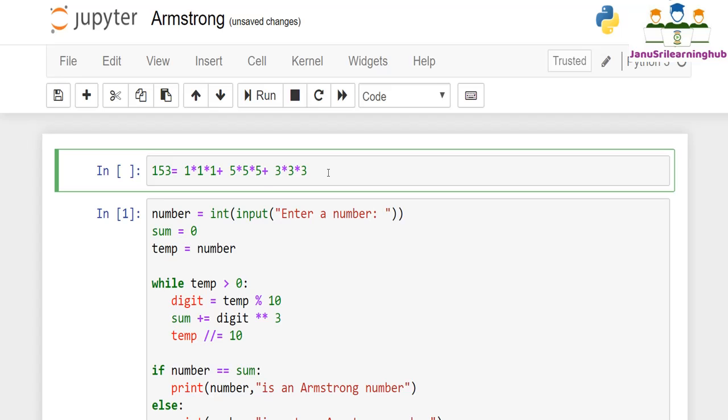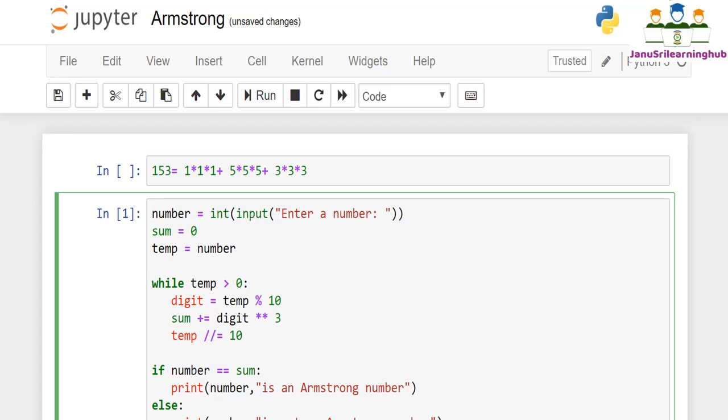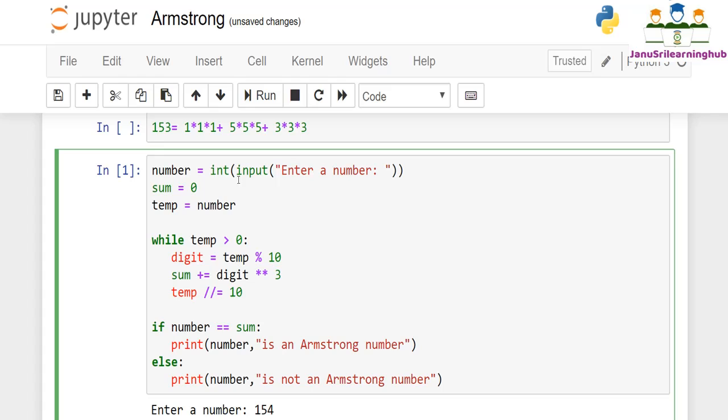Here we'll see the example using Python code. We are getting the number from the user using the function input, enter the number. Since we are going to do the sum, we are assigning sum equal to 0 initially. And then there will be some temporary allocation, so temp is equal to number. That is, we are assigning the number obtained from the user to the variable temp. Why? Because we have to do some basic calculations, and that should not affect the original number,